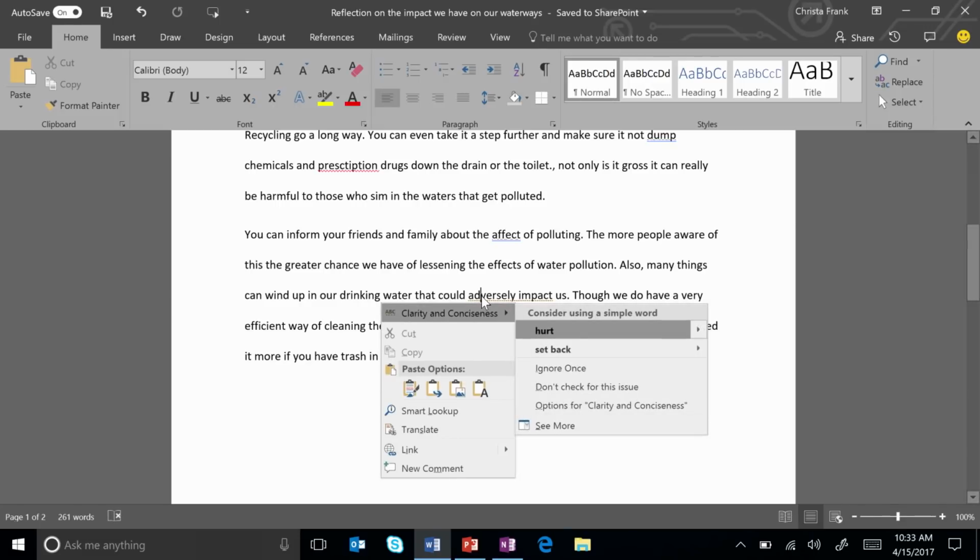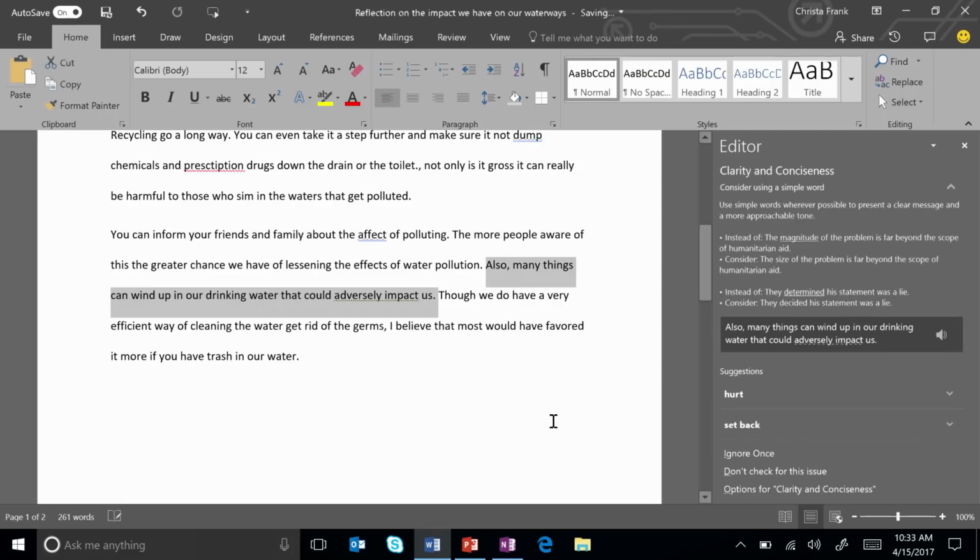When I right-click, it suggests the more concise phrasing by just using the word hurt. If you click See More and open the Editor pane, you can see more detailed explanation, along with usage samples. Using concise language for students is important, especially with written directions for assignments. We all need to be clear, and I love that Editor helps me out when I get too wordy.